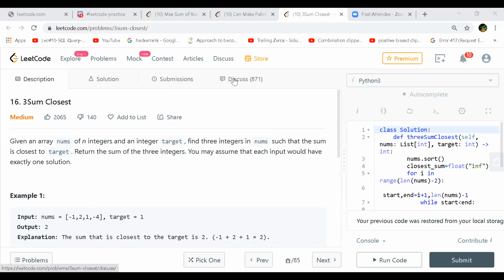I think somebody has shared something in the chat. Is it a brute force? I don't think so, it looks a bit optimized.